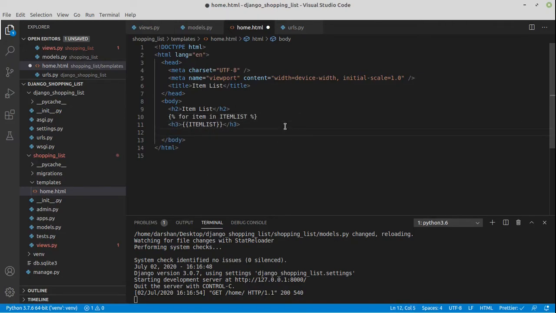Here the indentation does not matter, so you don't need to care about it. For item in item list means that for every item in item list, not item list, item. So for every item in item list, show the item. These double braces mean show, and these brace and percentage signs mean that it is the logic, so that won't